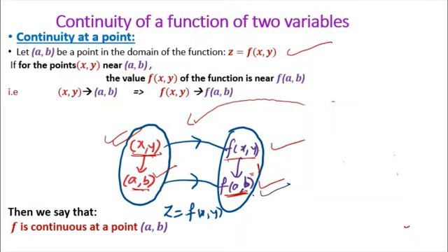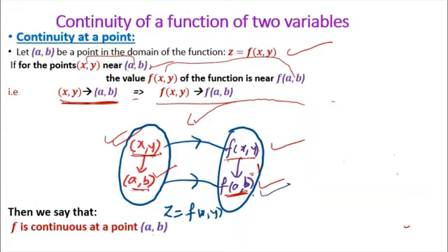And for the points (x, y) near (a, b), meaning we take only the nearest points, if the value of f(x, y) is near f(a, b). And what do we mean by near (a, b)? It means (x, y) is approaching (a, b), then f(x, y) is approaching f(a, b). That is, (x, y) approaching (a, b) implies f(x, y) approaching f(a, b). Then we say that the function